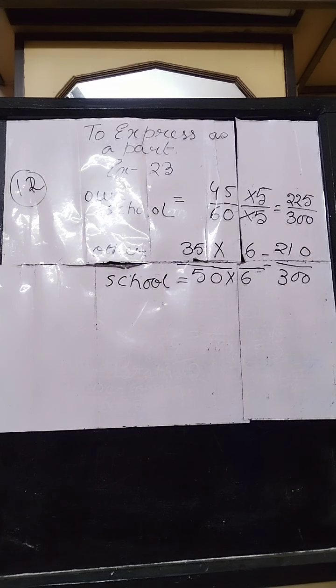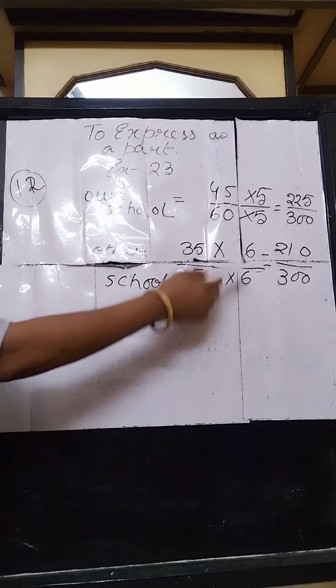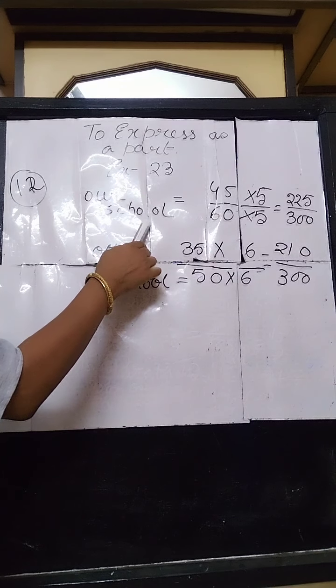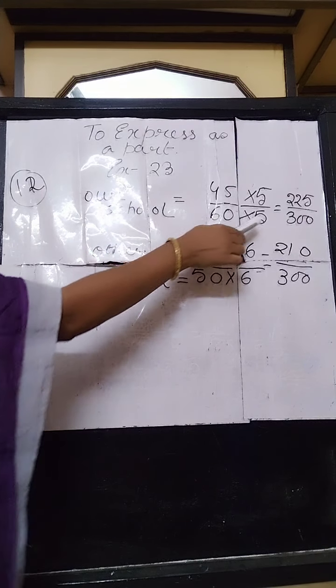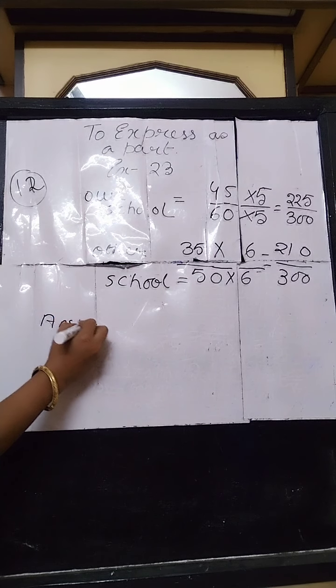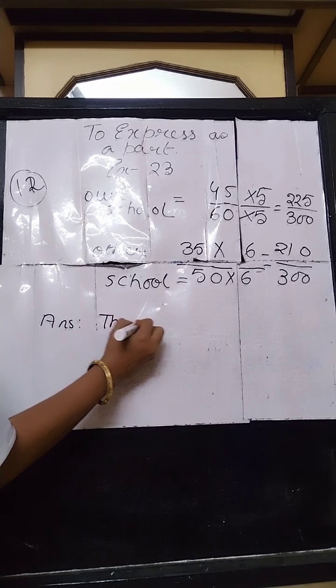Now we can make a comparison and judge whose attendance is better for the day. We can easily get the answer that the attendance of our school is better on that particular day. So the answer we will write: